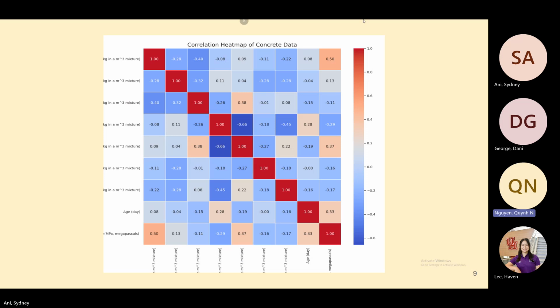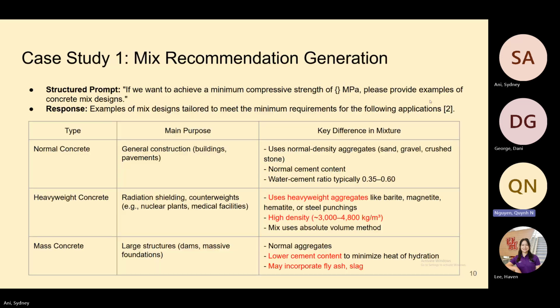And overall, by combining the insights from the data and the industry established standards, we are able to find the most optimized and engineering sound solutions. And on to the next slide is when we talk about our case studies.